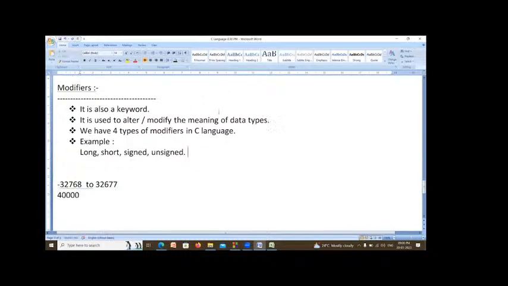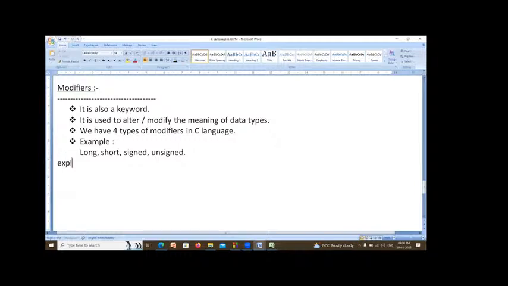If you want to increase the size of integer, then we have to use long integer. If you want to decrease the size of integer, then you have to use short integer. If you want to store negative numbers in integer, then you have to use signed integers. Sign means it has a minus sign. If you want to store only positive numbers, then you have to use unsigned integers. So these 4 are the modifiers available in C language.